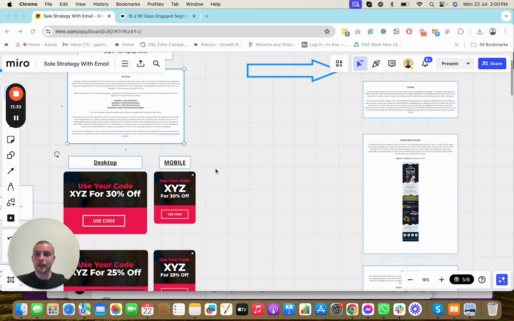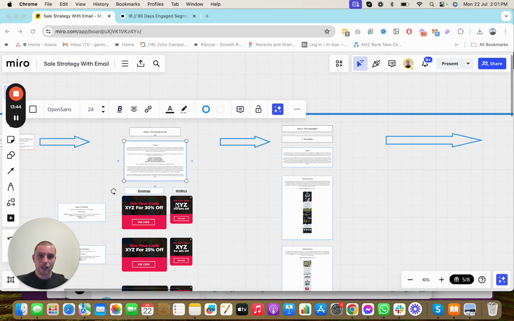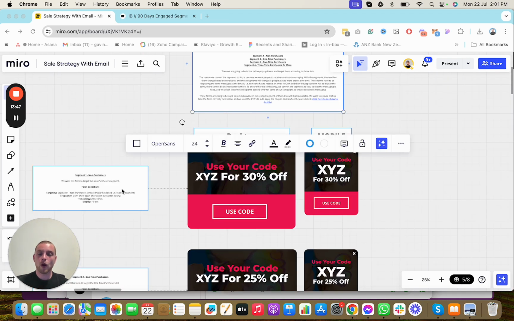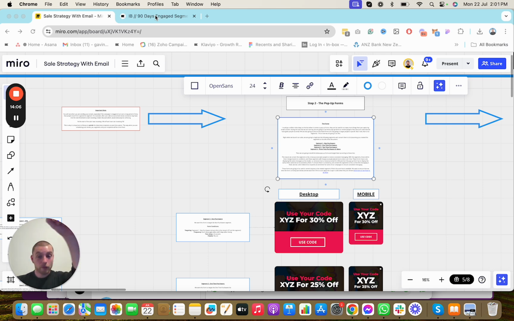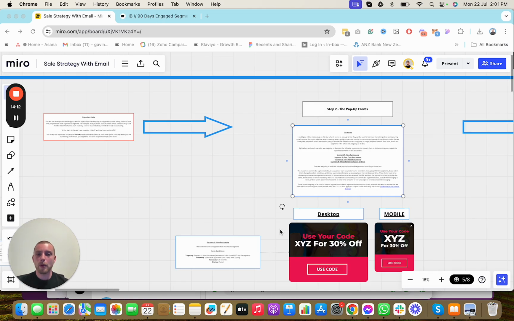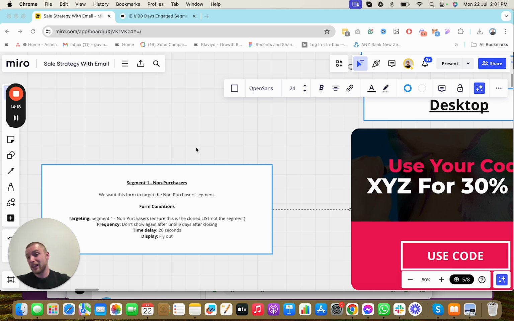The reason we do that is because we want these forms to send consistent messages, right? If someone is getting sale emails that tell them they're getting 30% off, we don't want them jumping from segment to segment and getting inconsistent messaging. By having it turn into a list, we ensure that the segment is now static at the time that it was converted to a list. So no one's going to change from segment to segment if it's a list, right? It's static, meaning when these pop-up forms show up, they're going to target that specific list and ensure there's consistent